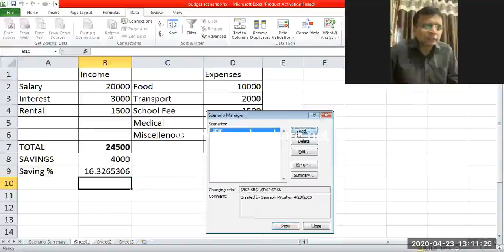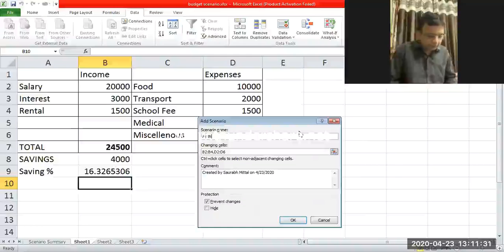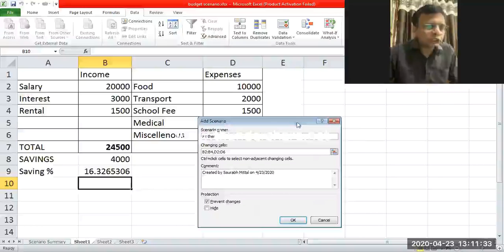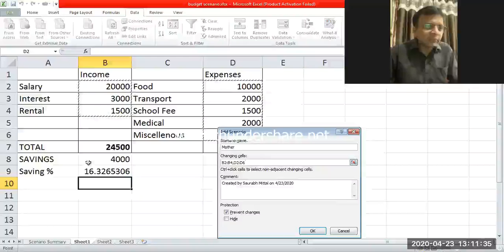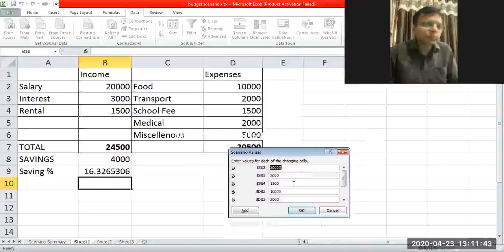One more scenario, maybe the mother in the family wants to change some of the cells. Again, by default it is showing the same cells, B2 to B4, and then the expense side also it is showing D2 to D6. Okay, so what the mother wants to do, mother doesn't want the father to do some extra overtime work. So what happens?